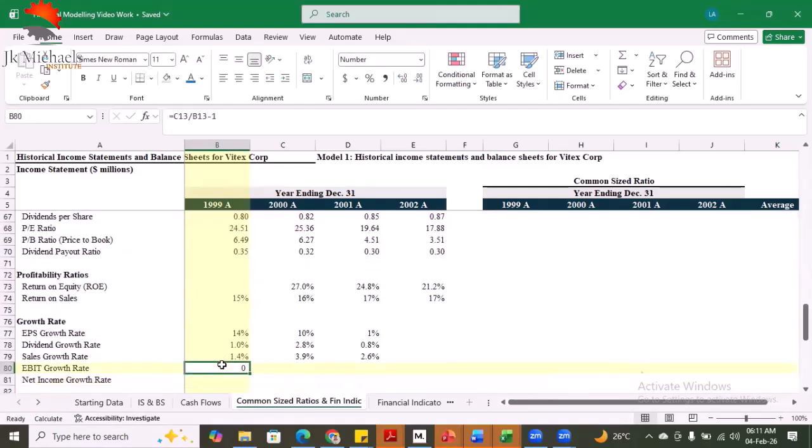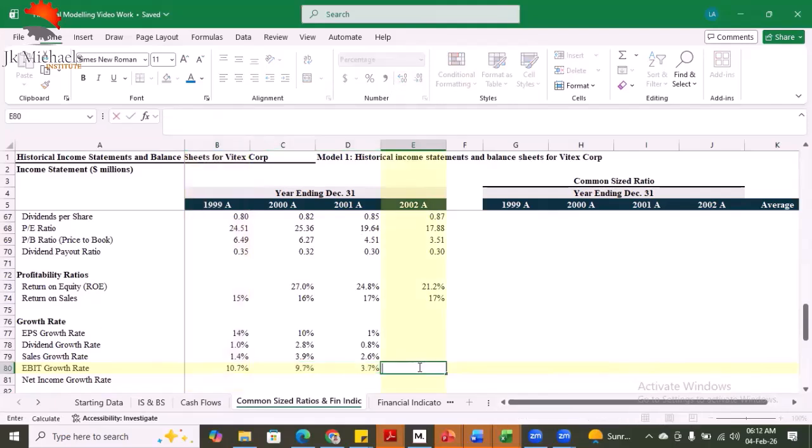And then we have EBIT growth rate. We'll pull this across. We can't do it for the final year, of course. Okay, so let's take this off. Now you can see that even though our sales were growing pretty small, our earnings before interest and taxation was reducing. There was no negative growth, but it initially had a very high growth, and then it reduced,